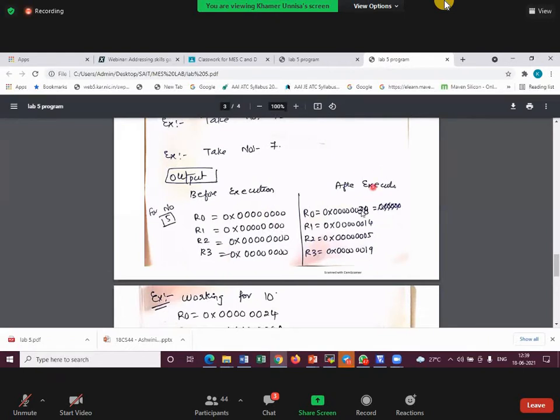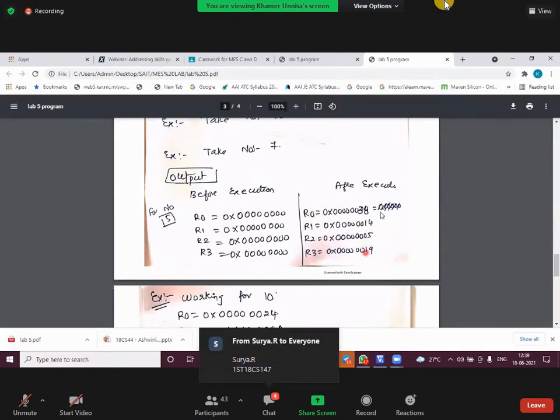After execution means whatever is the value of the 4 registers at the end, not in between. I'm telling again and again, at the end. Because R0 in the beginning had the address 24, at the end, after everything, the address became 38. So you should write whatever value it has at the end, when the cursor or the pointer will not move on your laptop. That is the ultimate answer after execution.